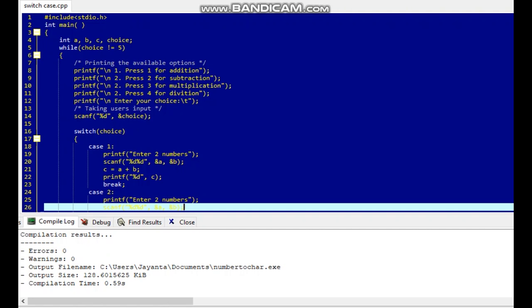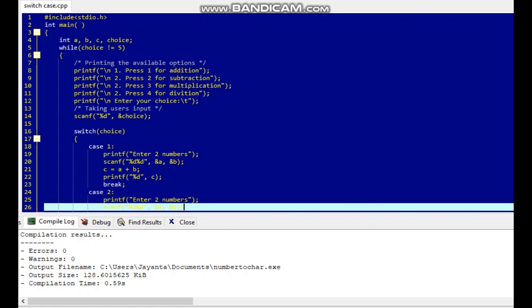So for this problem of having a menu driven program, it looks like this: press 1 for addition, press 2 for subtraction, press 3 for multiplication, press 4 for division. In the output section, when we give any choice among these, we will get our required result after execution.